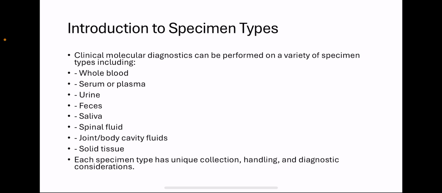For solid tissues, each type has specific collection requirements and diagnostic value. For example, stool specimens, they want those collected in a certain type of container which has a preservative in them, like Cary-Blair or something like that, rather than it just testing a hard stool. And then